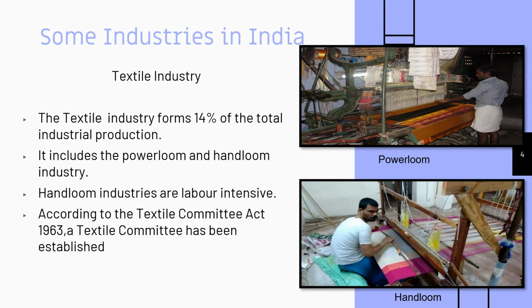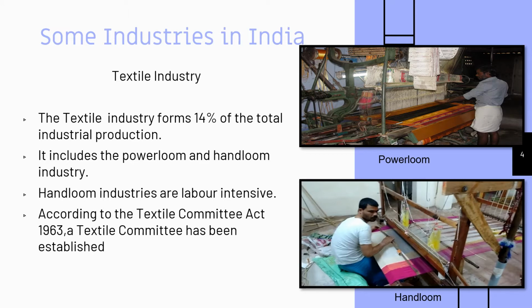So, let us look at a few industries in India and the development that took place in them. We begin with the textile industry. The textile industry forms 14% of the total industrial production. This industry includes the power loom and the handloom industries. The handloom industries are labor intensive, that is, they use a lot of manpower, a lot of people are involved in